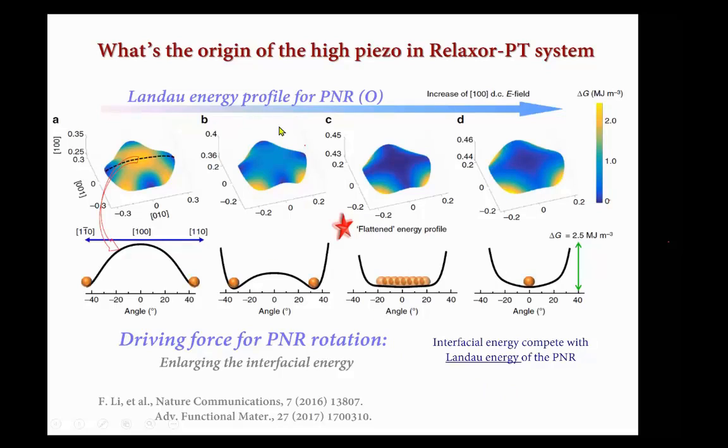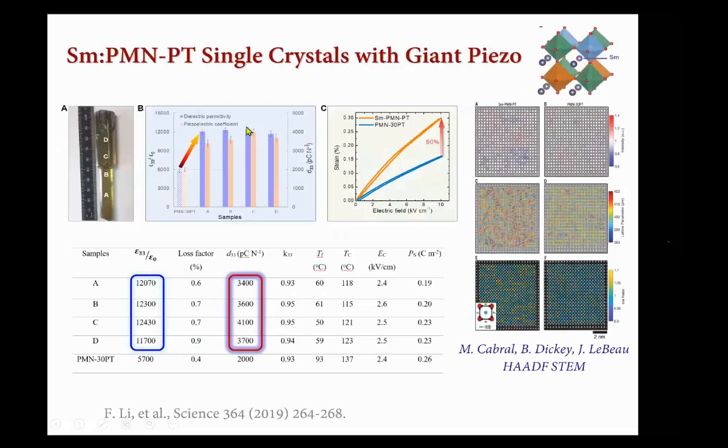So in order to verify this mechanism, we added a rare earth dopant on the A site, replacing the lead. We introduced the rare earth samarium on the A site replacing lead, to induce a local random field responsible for a larger relaxor component in the relaxor-PT system. We grew samarium-doped PMN-PT single crystals, and we found the crystals possess a dielectric constant, piezoelectric coefficient and electric field induced strain almost double the values of the